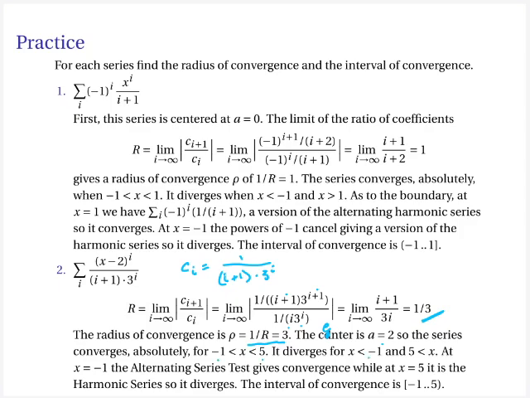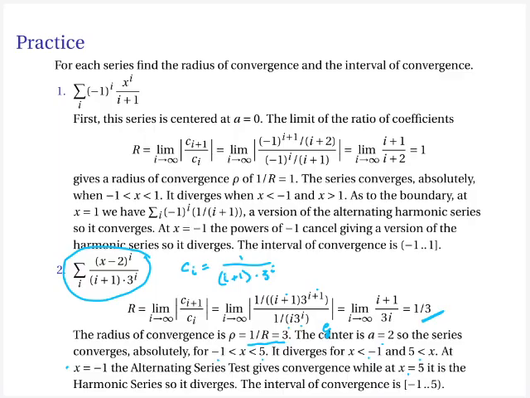It diverges outside that zone, and exactly at minus 1 or exactly at 5, you just simply have to plug them in. Plug in minus 1 and plug in 5. When you plug in minus 1, something happens. When you plug in 5, something happens. And there is no formula for that. You're just simply doing the kinds of things that we have been doing now for a number of